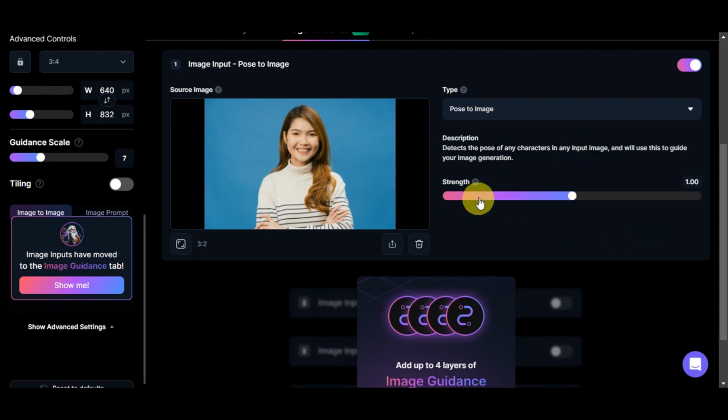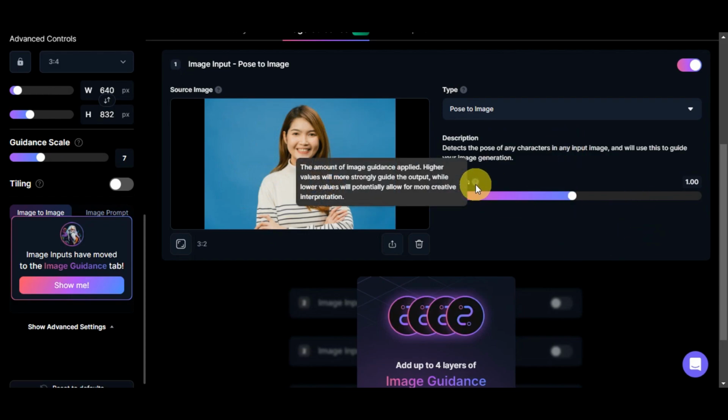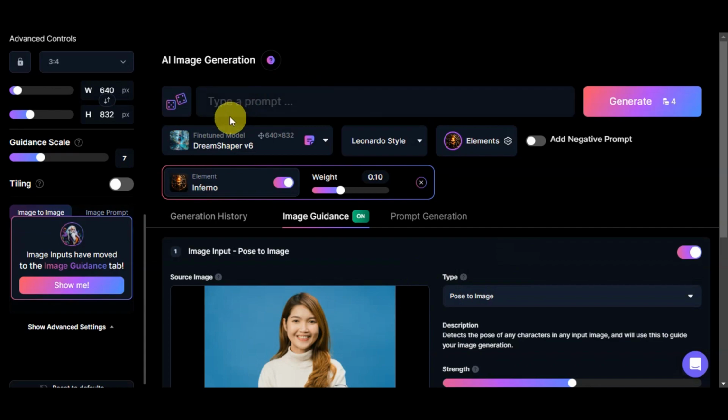So you could adjust the strength in here. This strength is actually the amount of image guidance that is applied. The higher the value, the more strongly it guides the output, while the lower the value, it will potentially allow for more creative interpretation based on the text prompt that you have. Now let's type in a prompt in here, choosing a fine-tuned model